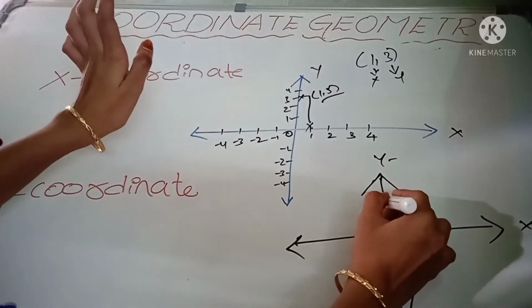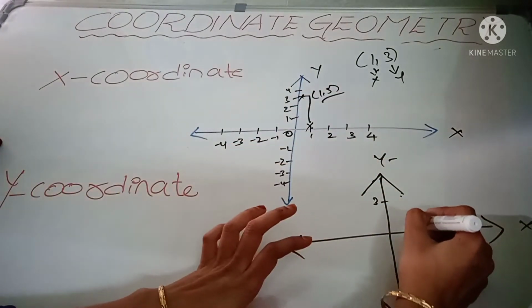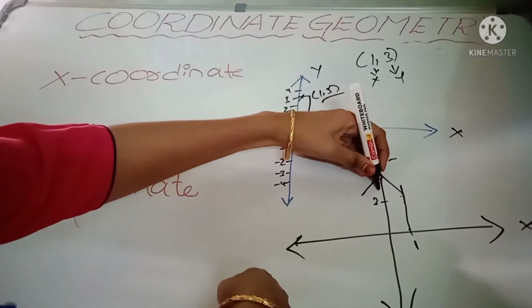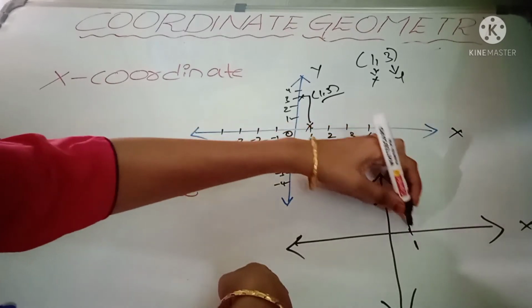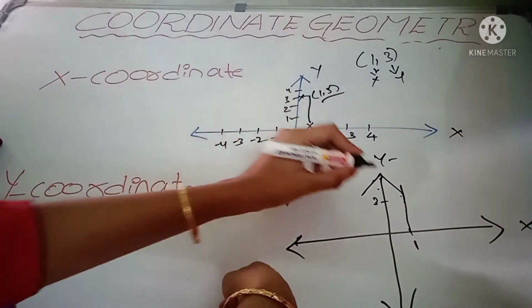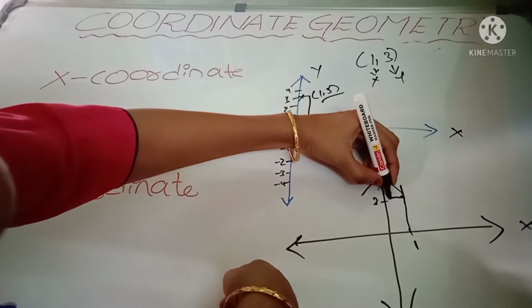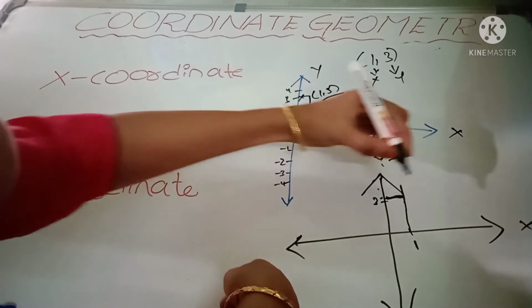3. Here, see. Now I am drawing a vertical line from 1. Okay, here this is the y-axis and here I draw a vertical line from x-axis. Okay, now what's the definition? The distance of a point from x-axis. So here see, the remaining part is there, this part. So this is the distance from y-axis to x-axis.